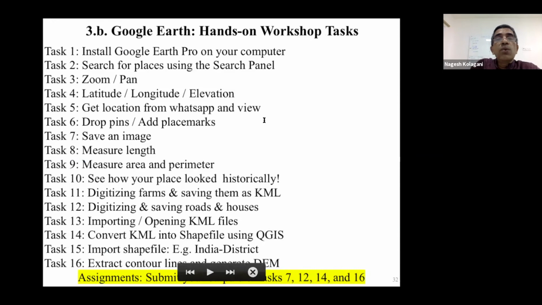And when we typically do 4 to 8 hour workshops, we do hands-on tasks. From installation, we assume nothing, that the participant doesn't know anything. So we make them start with installation. They will be able to georeference, measure, digitize, import, convert KML, even generate them. All these are doable in a 4 to 8 hour time frame. So these are the tasks we do, and we give assignments. And this is what we try to do about Google Earth. Google Earth is a very useful tool. Most of you would have used it.